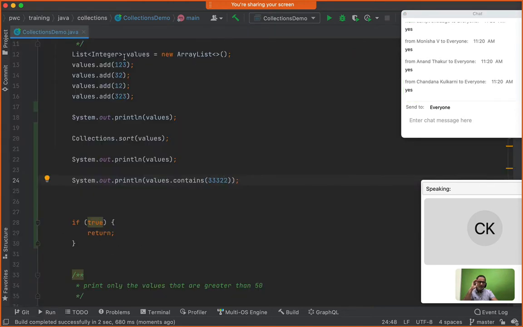This is the list of integers. What if you have a list of customer objects? What if you have a list of product objects? What if you have a list of employee objects? Your sorting was based on the natural ordering. For an integer, it understands which integer is greater than the other, so it executes the algorithm internally